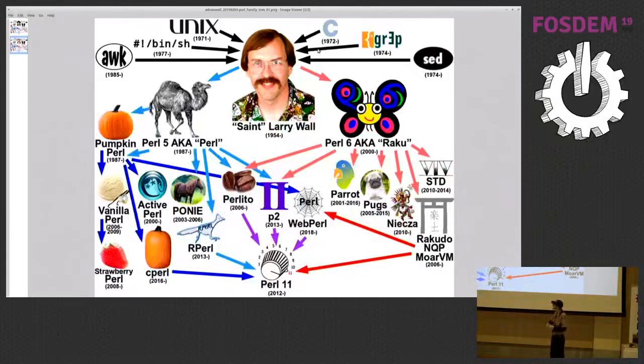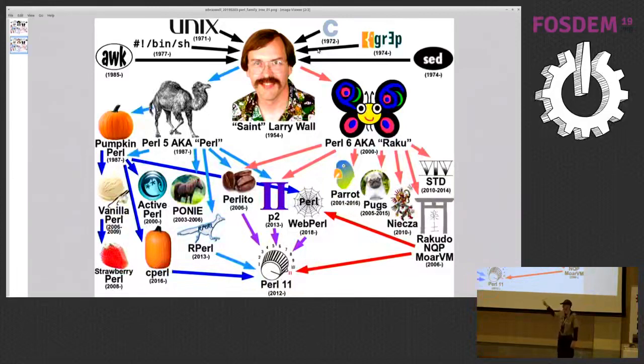So all of these active and significant Perl 5 and Perl 6 projects will, if they survive, because we see some of them don't, but the ones that do survive will somehow eventually move in that direction of Perl 11. And I don't pretend to know exactly how that will happen, but I can tell you that I'm